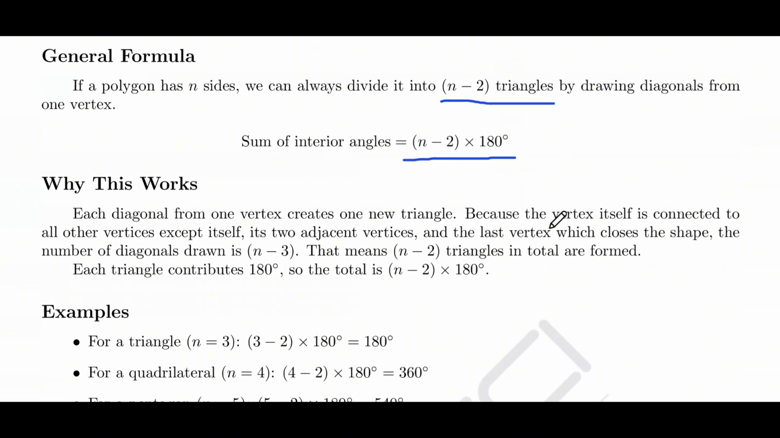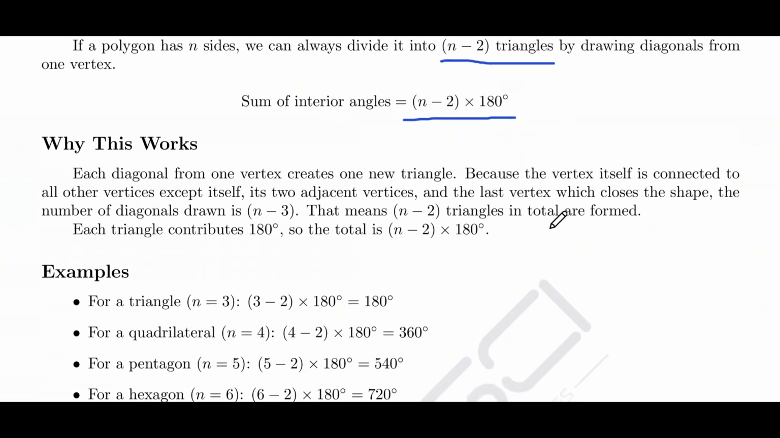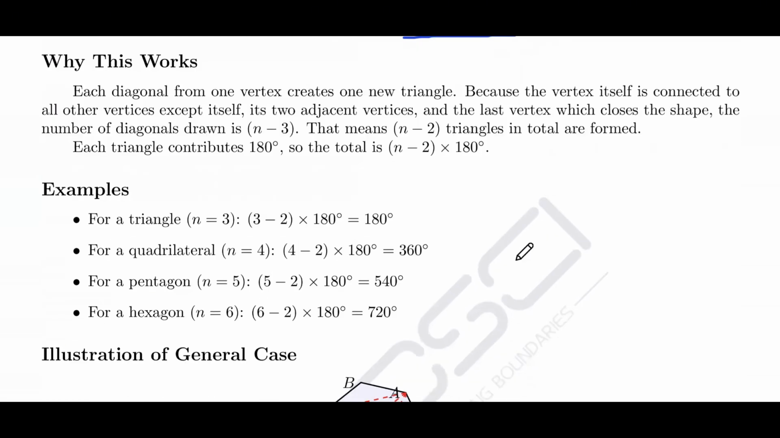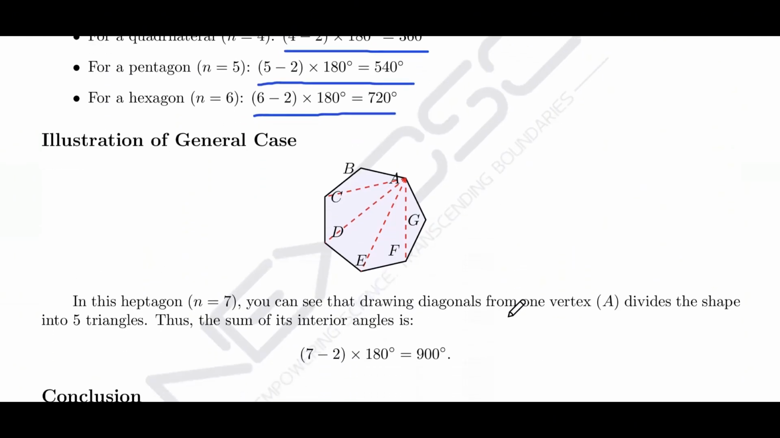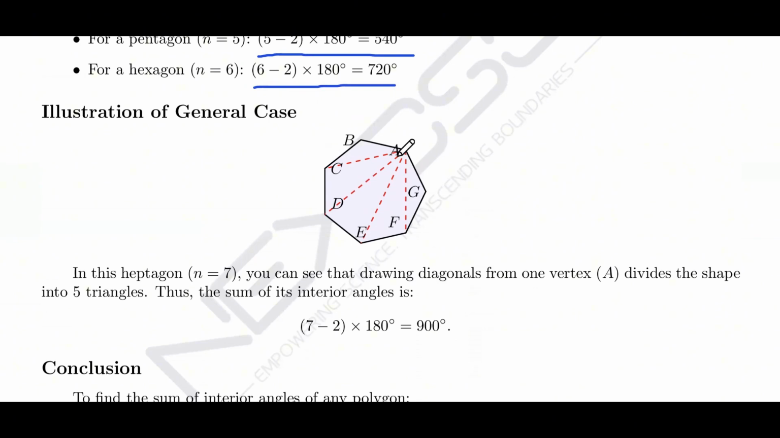Let's check this with a few examples. For a triangle, 3 minus 2 is 1, times 180 gives 180 degrees. For a quadrilateral, 4 minus 2 is 2, times 180 is 360 degrees. A pentagon gives 540 degrees, and a hexagon gives 720 degrees. You can picture this with a heptagon, which has 7 sides. Drawing diagonals from one vertex splits it into 5 triangles, so the total interior angle sum is 5 times 180,